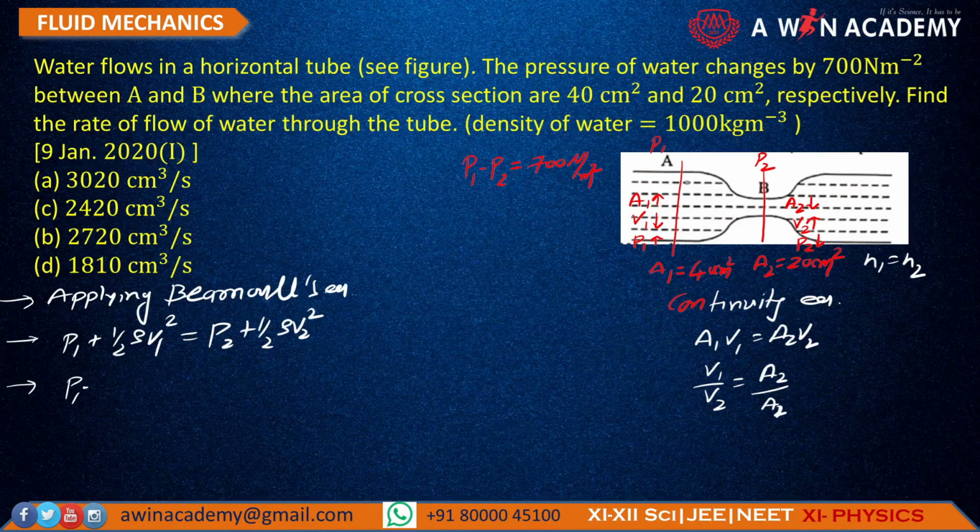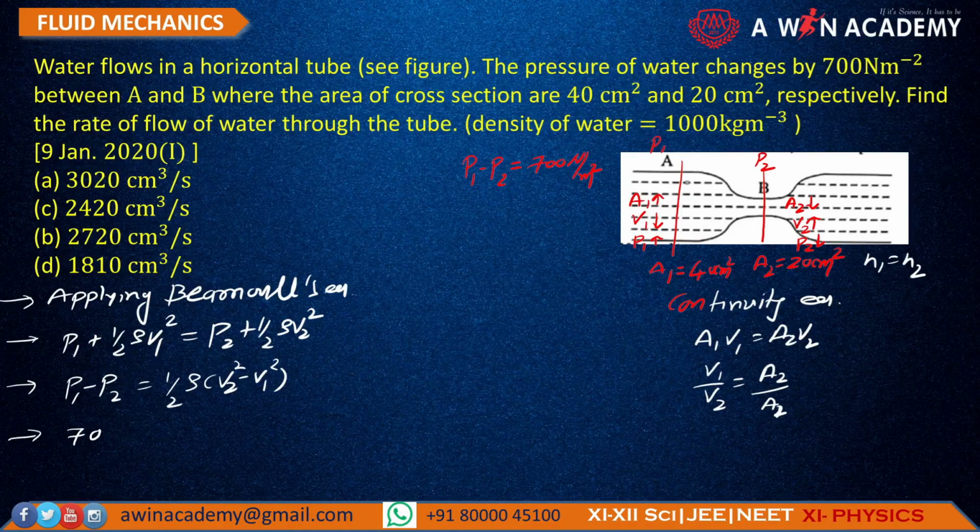चलिए आगे बढ़ते हैं। तो P1 यानी कि सेक्शन ए पे प्रेशर ज्यादा है एज कम्पेयर टू बी, तो हम P1 माइनस P2 लिखेंगे, तो 1/2 rho (V2 square minus V1 square), ऐसा आप लिख सकते हो। अब देखना यहाँ पे ये है कि हमें वेलोसिटी नहीं दिया है, तो हमें यहाँ पे एरिया इंट्रोड्यूस करना पड़ेगा। फाइंड द रेट ऑफ फ्लो पूछा है हमें, वेलोसिटी कोई भी निकालना पड़ेगा।